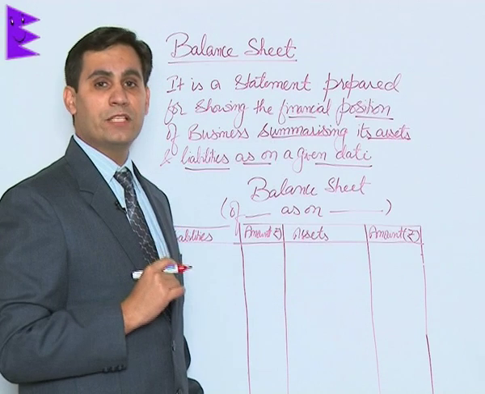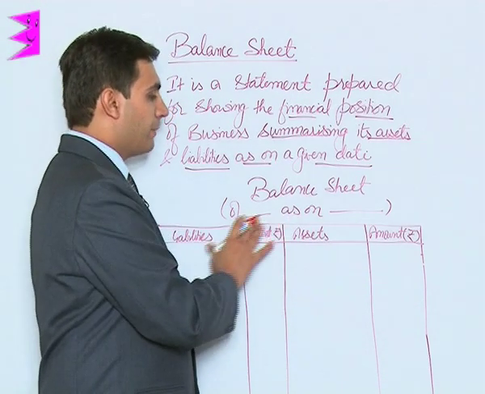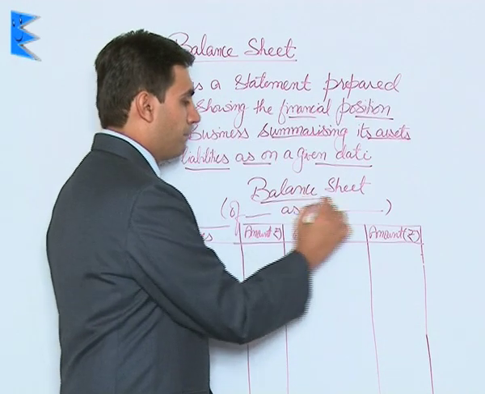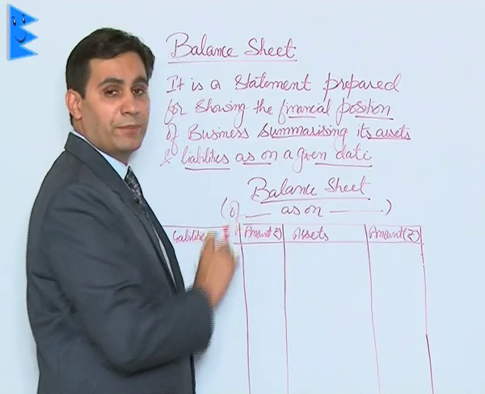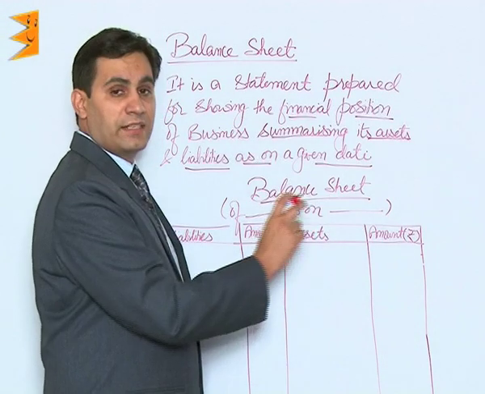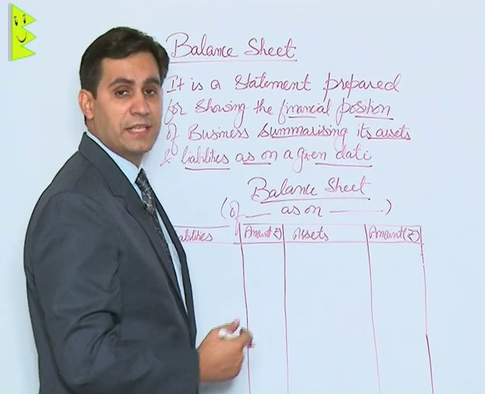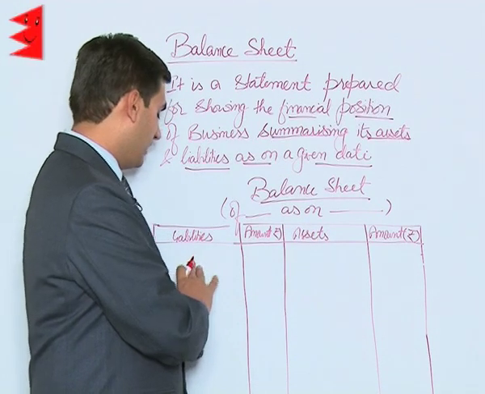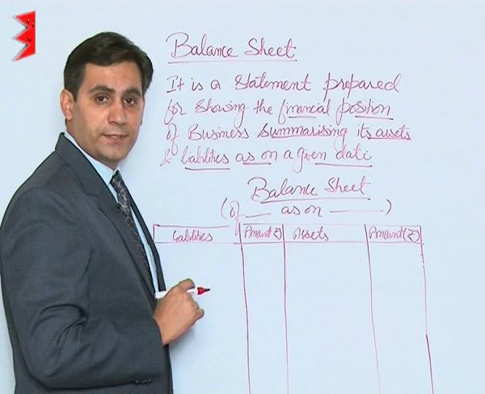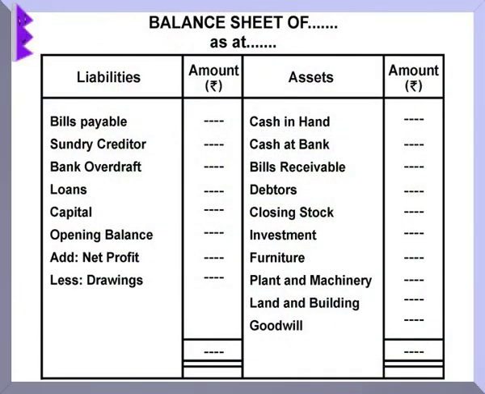Balance sheet is always prepared as on a particular date. So the format of the balance sheet appears like this. Balance sheet of, here the name of the businessman or the business is written, as on, that is the date on which it is prepared. The right hand side shows the assets and the left hand side shows the liabilities. Now students, all the accounts with debit balances are shown in the asset side